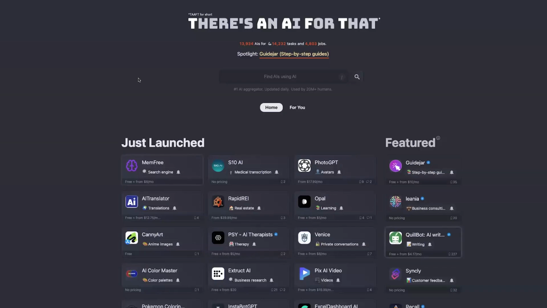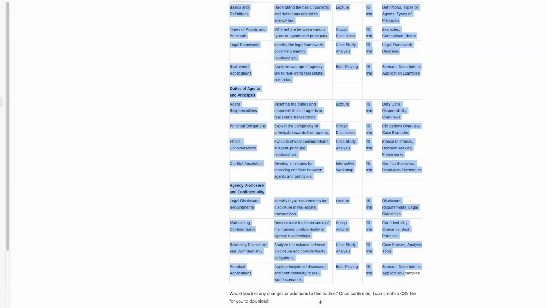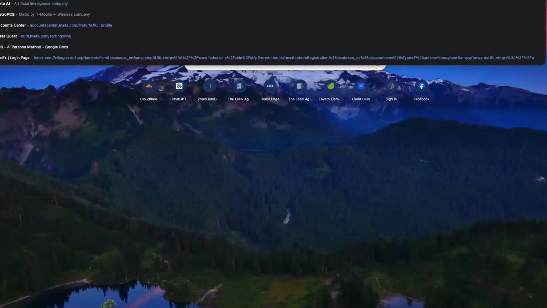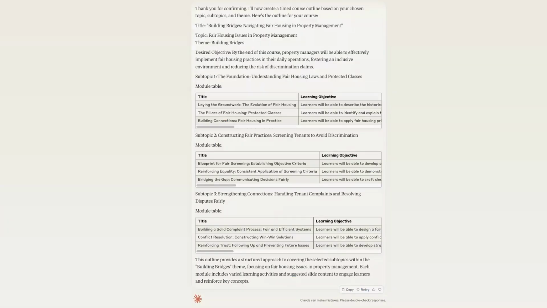However, you should go out and play around with things and evaluate how useful they are for you. Because here's the thing, ChatGPT and Claude are the same thing. There's also Meta.ai. Did you know Facebook has their own chat platform that allows you to do the same thing you can do on Claude and ChatGPT?